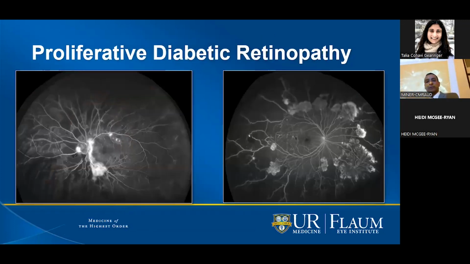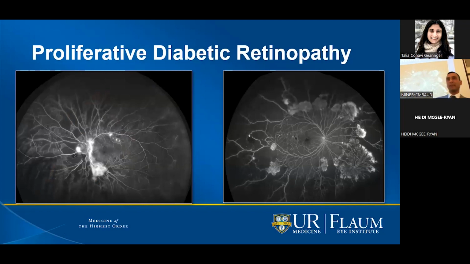Here's an angiogram of the proliferative diabetic retinopathy, and you can see an abnormal blood vessel on the disc called the neovascularization of the disc, and you can see numerous neovascular tissue in the periphery. We call them NVE, or neovascularization elsewhere. It's just a mere classification, but the treatment for the proliferative diabetic retinopathy is usually to make these